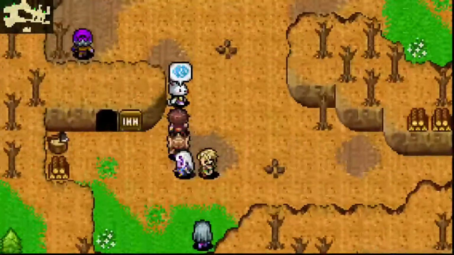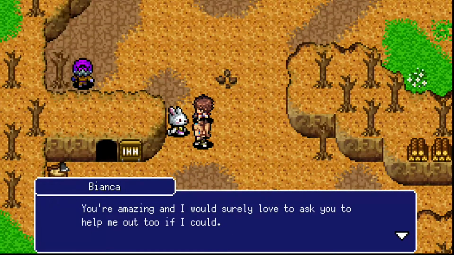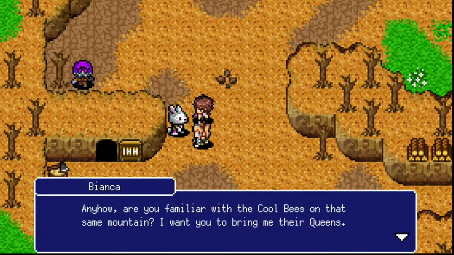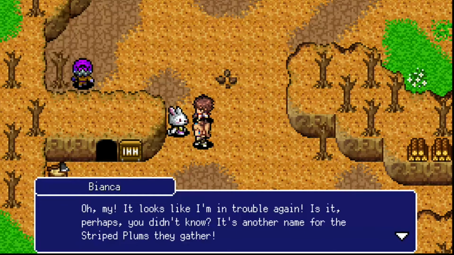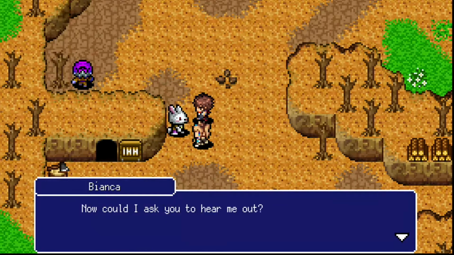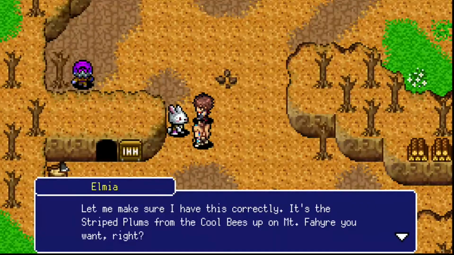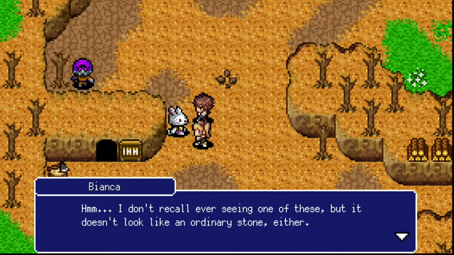Alright, this next one, number 7, is going to be in Ambur Village. It's a certain drop quest from fighting monsters, and they're going to be in Mount Fahyre. I don't know if I'm saying that one right. You have to go there to finish off all the tough monsters to save the town, so to speak, for the story. When you are there, you need to look for the cool bees, and as you fight them, their most common drop is going to be the item you need for this quest. However, the drop rates are still horrible, and you never get a good chance of getting certain monsters in certain places, so